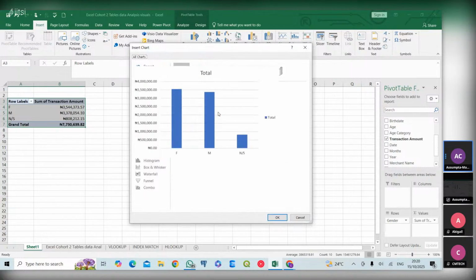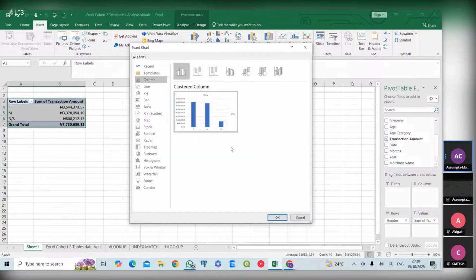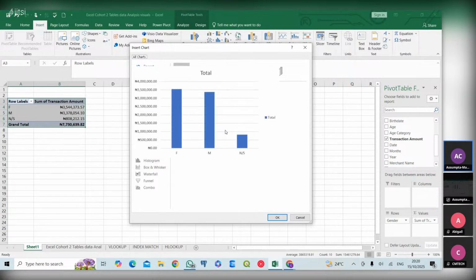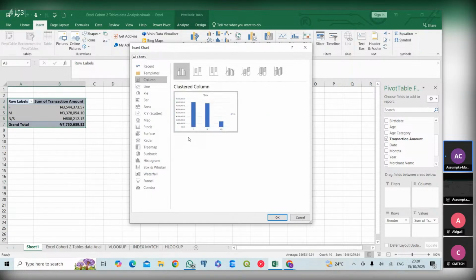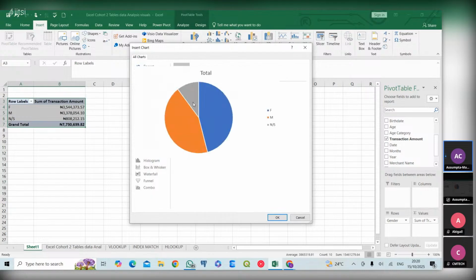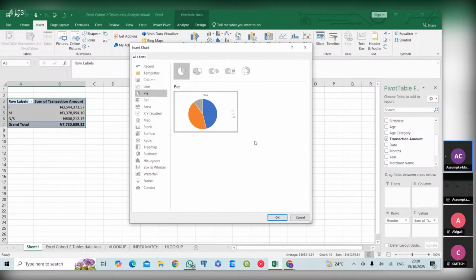So this is a chart Excel is recommending for us, but I think the best chart we can use is, let's just use, what's it called, let's use pie. I feel like pie is better for it, so we'll use pie charts. We'll click on OK,